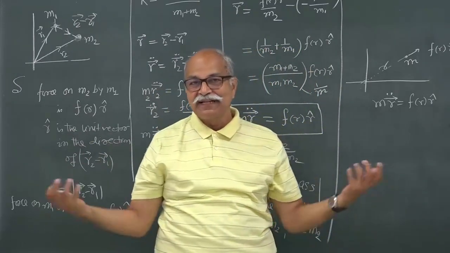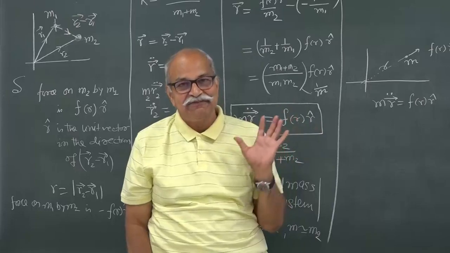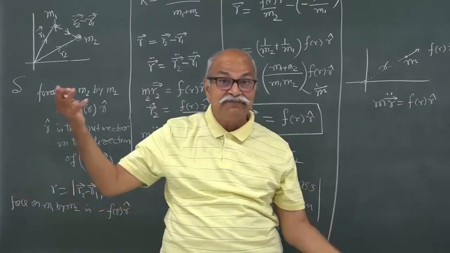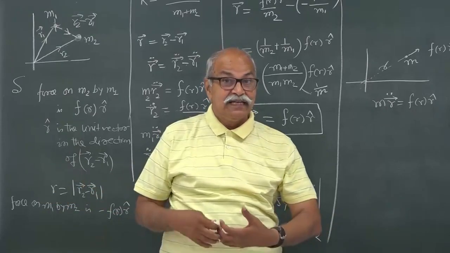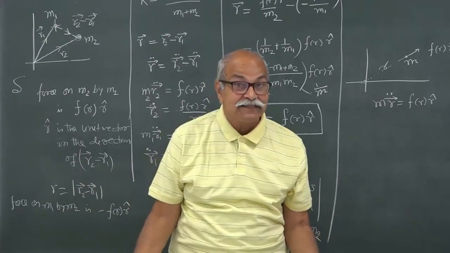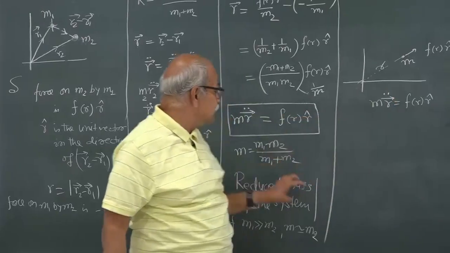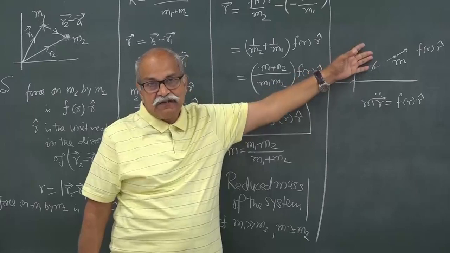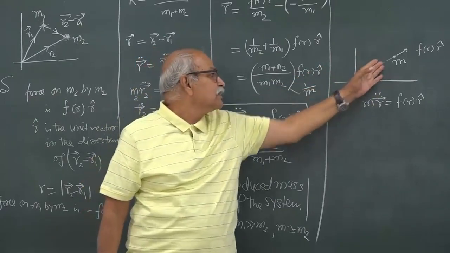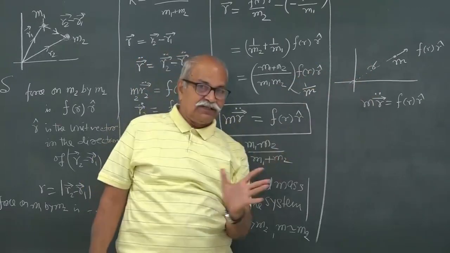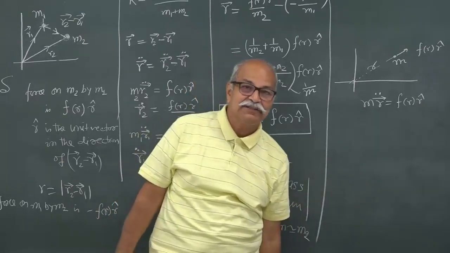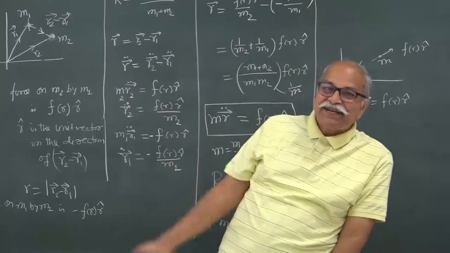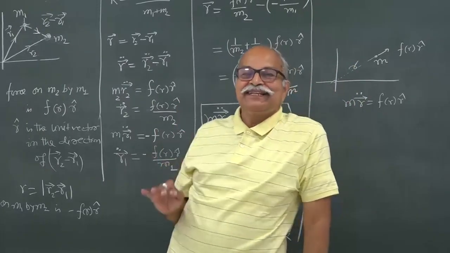If you are doing Bohr model, you can do all those kind of things, but even if they are not too different in the masses, even if there are comparable masses, even then we can use this reduced mass and use all the equations that we had developed for this particle motion under a central force. So, that finishes our chapter on central force, and now I will be going for the next chapter, which is non-inertial